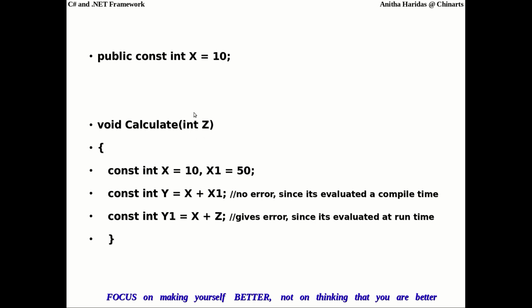But you can see here I am passing a variable. This is a variable. This is not a constant. This is a variable. And I am trying to add a constant with the variable and I am assigning it to a constant. This will give you an error because the variable gets a value only at the runtime, which cannot be done for a constant. So this is going to give you an error. So expressions are allowed in the constant declaration provided they have some constant values which are assigned before itself. This is to be noted in the constant declaration.